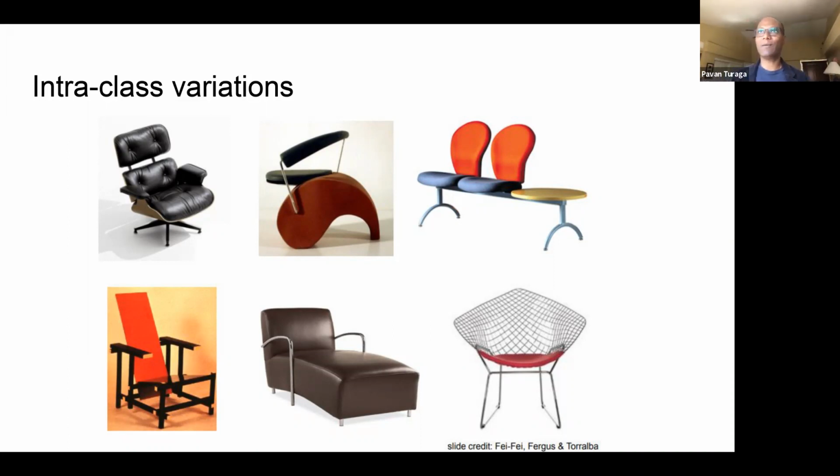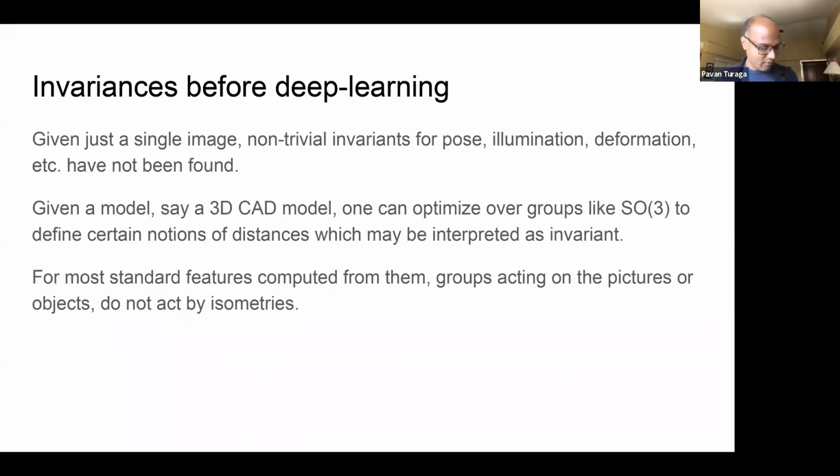But for some of the other kinds of variability where we do have some idea of the physics of image formation, we may be able to do something better than just relying on data, and that's what this talk is about. As I was saying earlier, before the advent of deep learning, invariances were talked about in a couple of different ways. One is for very specific factors of variation, you could write down some very special equations.